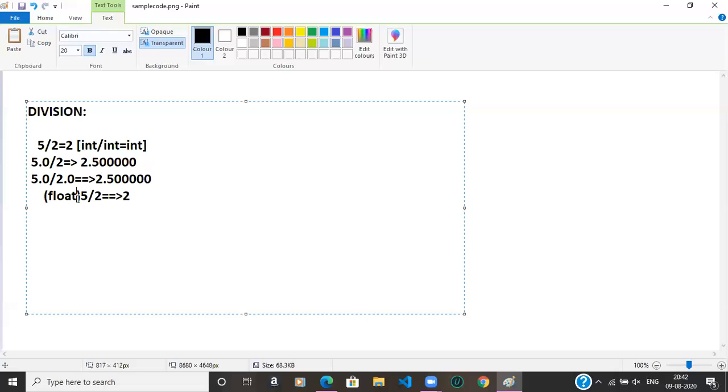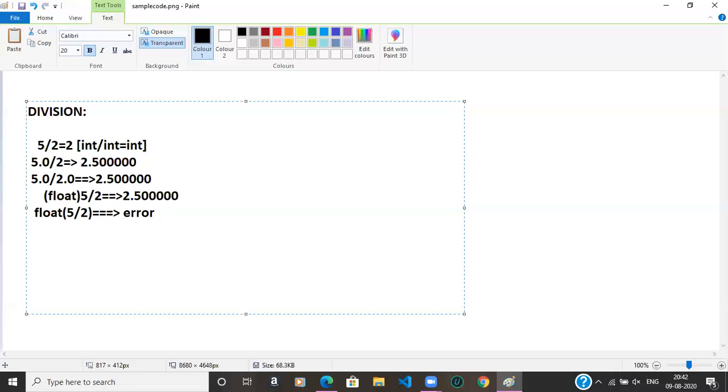The data type should be in the brace. The resultant value will be 2.500000. I don't want it like this. If I put the bracket around the numbers, float of 5 by 2, it will give an error.